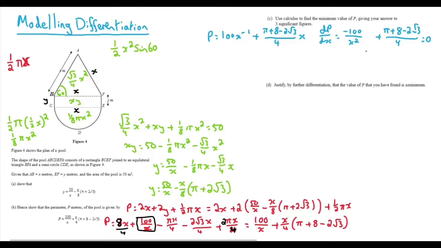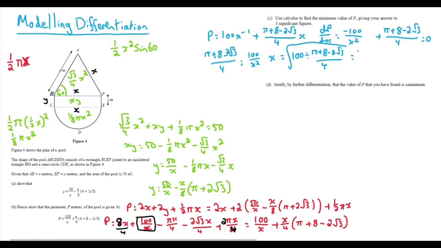Because of that, we could add that fraction across. So you've now got your pi plus 8 minus 2 root 3 over 4 equals the 100 over x squared. So x squared is going to equal 100 divided by the pi plus 8 minus 2 root 3 over 4. And so to get rid of the square, you would then square root. Because these are all real numbers, you can then just plug that into your calculator. That gets you that x is approximately